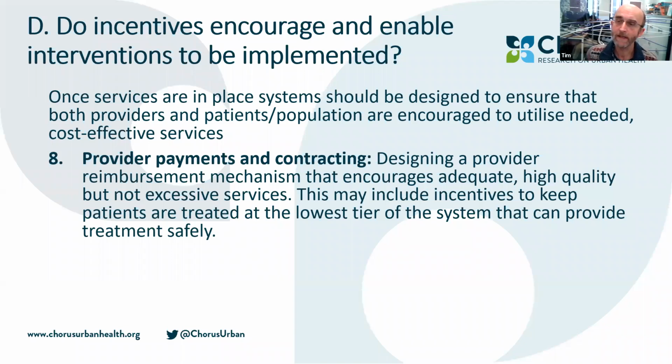So often what happens is that insurance systems might be introduced and they flip to another type of bad system, which is often the fee-for-service system, where providers get paid for everything they do, whether or not the services that are provided are effective and useful for patients. So usually a hybrid system is needed, a midway system is needed. And it's very important when implementing interventions to understand what that hybrid system should comprise, what the contracts for providers should include. So that's the reimbursement of the supply side of providers.